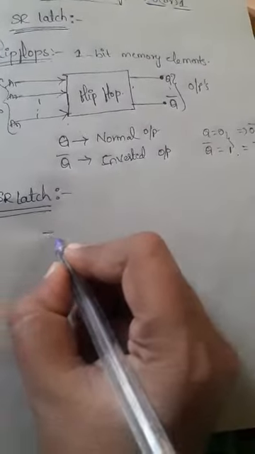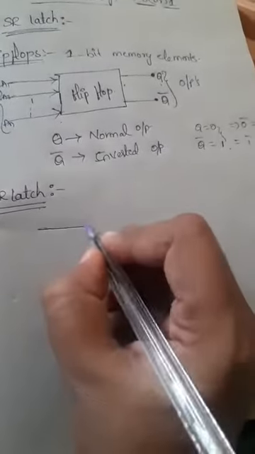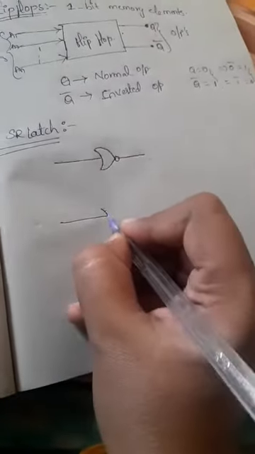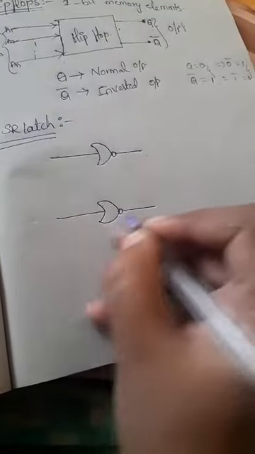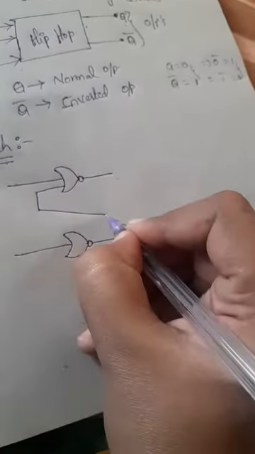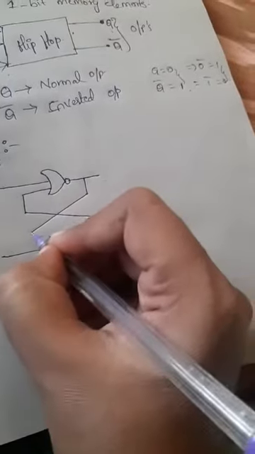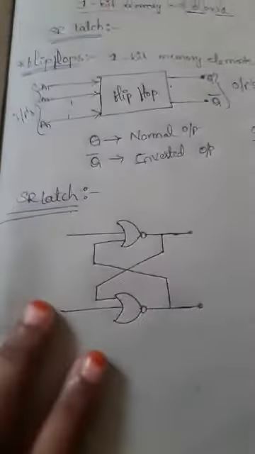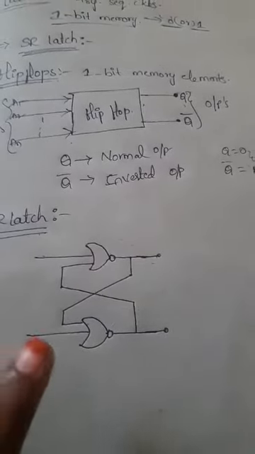Okay, so now we'll see the SR latch. I will show the diagram for this, how to represent the SR latch diagram. The SR latch can be represented with two gates, one is a NAND gate and another one is a NOR gate. You know this is the NOR gate, right? A NAND gate is nothing but an AND with complement, right? So here I am taking the NOR logic. So this is the SR latch diagram. Okay, so see here, this is the logic circuit of the SR latch.